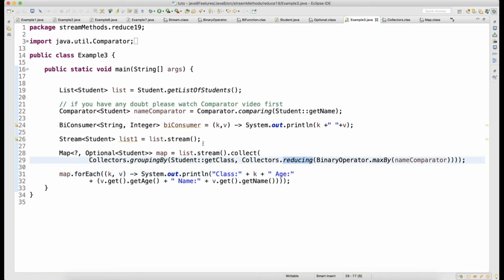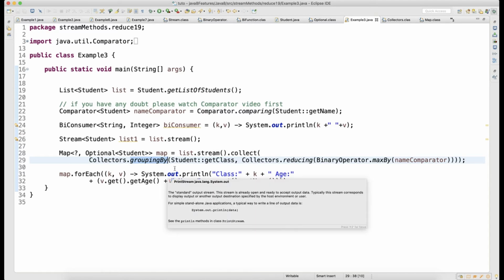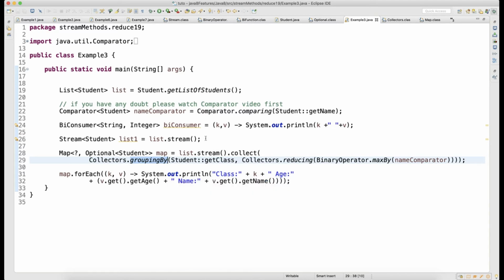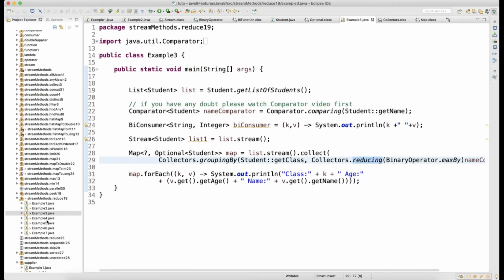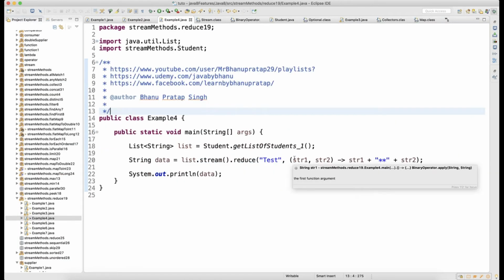That's fine, because here my main intention was to teach you how reducing works and how you can group them by the condition. When I talk about grouping by in a separate topic altogether, I'll give you a lot of examples, guys. So here my intent was to teach you how reducing works. You can see that you had a lot of student objects, and finally it got reduced to only one based on the conditions your reducing has. That's what my aim was.